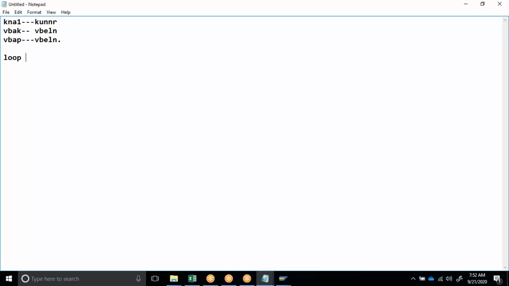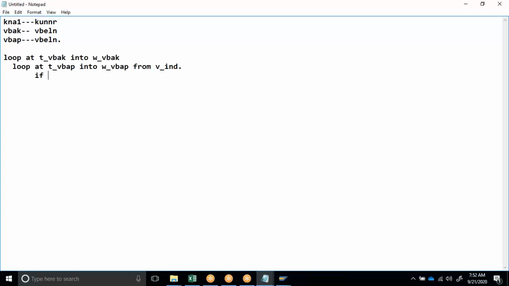Loop at T_VBAK into work area VBAK. Loop at T_VBAP into work area VBAP with key VBELN equal to work area VBAK VBELN, from P_index.